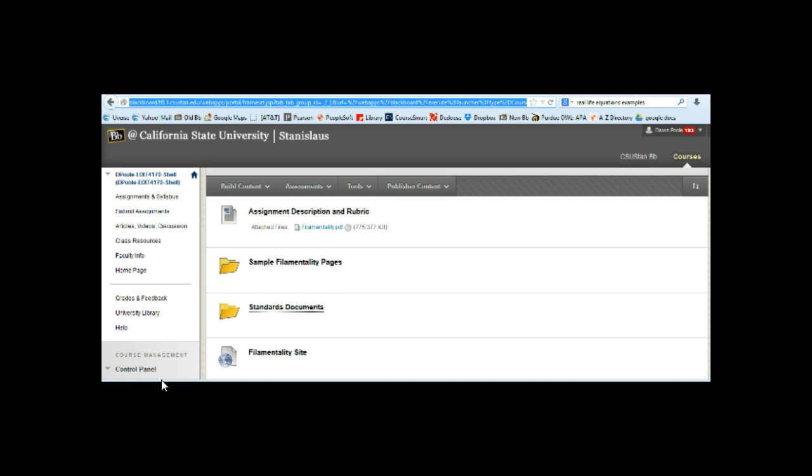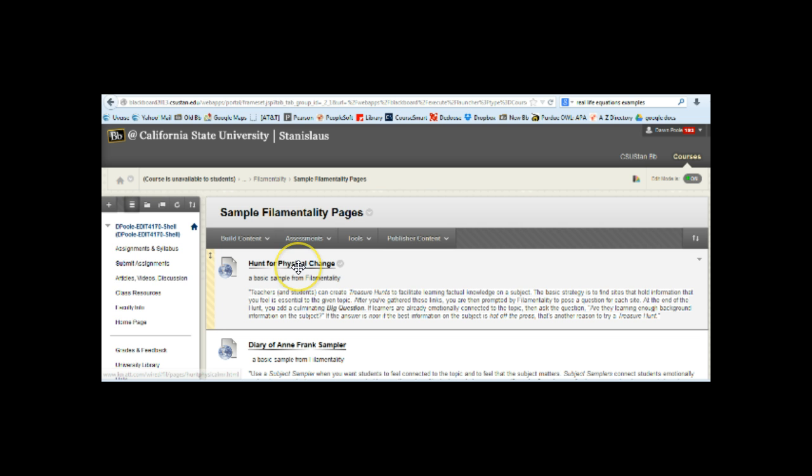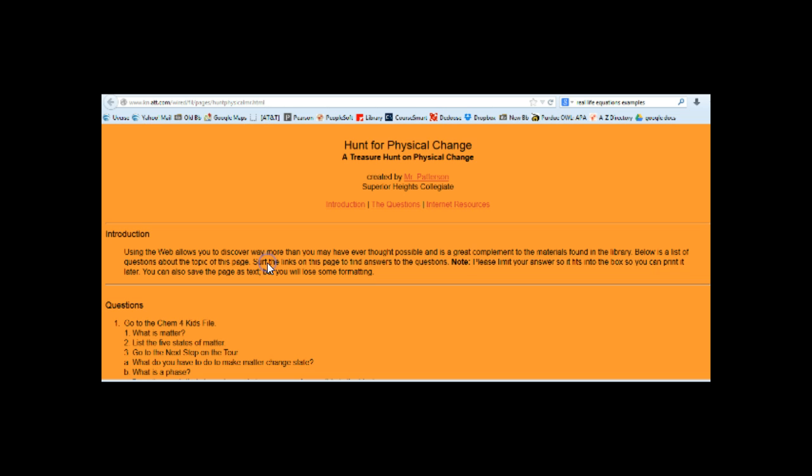The Filamentality folder within our class Blackboard website includes a folder that will link to sample Filamentality pages. I presently have a link to one that is a hunt and one that is a sampler. So I'm just going to click on the one leading to a hunt right now, just to show you what the format will look like, to help you determine whether you want to create a hunt